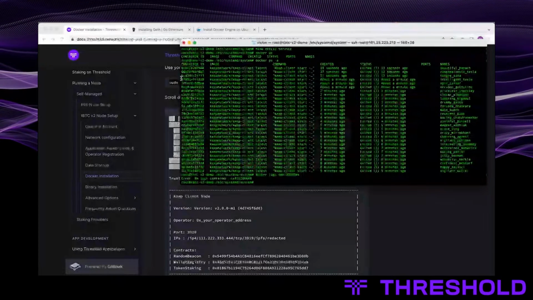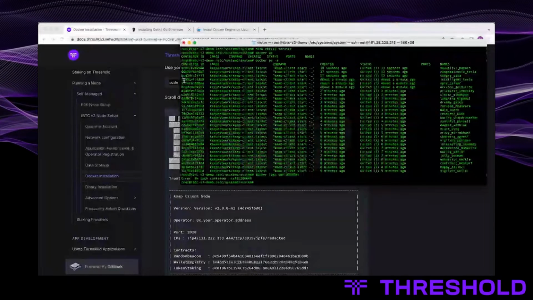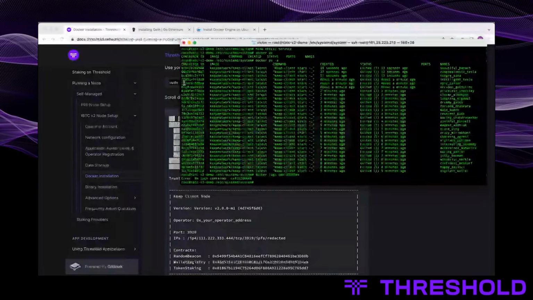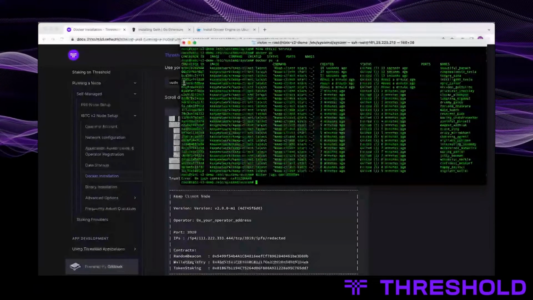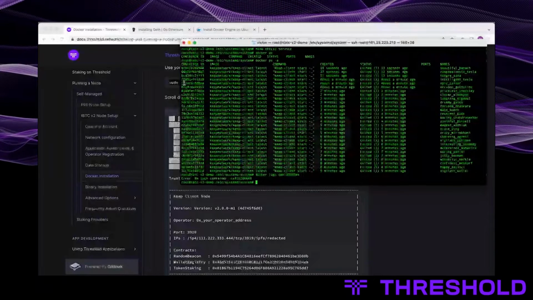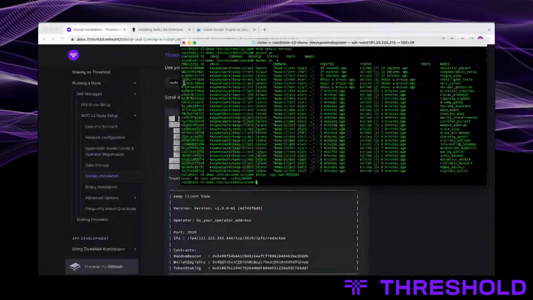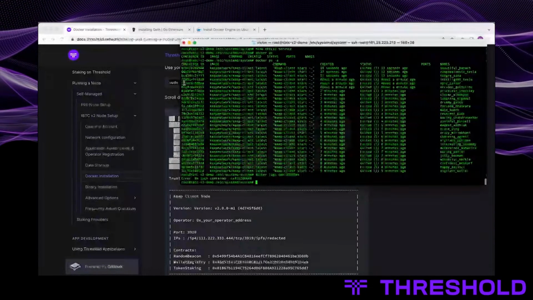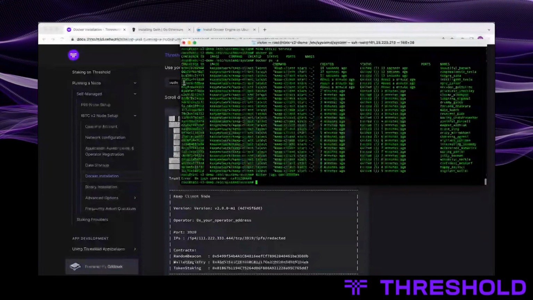I did not consider that it won't start up without an active stake, and I did not want to use a testnet configuration. So the steps you watched me go through so far are what you need to do to spin up your node, but I can't actually start the client or show you the client running because I don't have a stake that I can attach to this. Yeah, sorry, kind of anticlimactic.